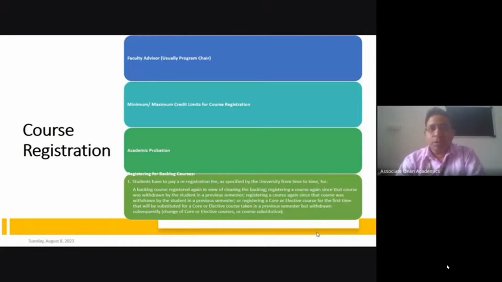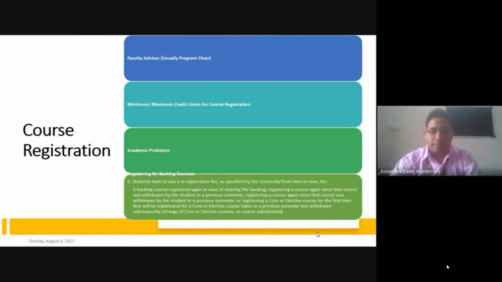The faculty advisor will usually be the program chair. They will plan what courses are appropriate to offer in a particular semester. Obviously, for every semester there will be minimum and maximum credit limits. For the regular fall and winter semester, there is a 27 credit limit. For the interim semester, 12 credits, and for the summer semester, an 8 credit limit.